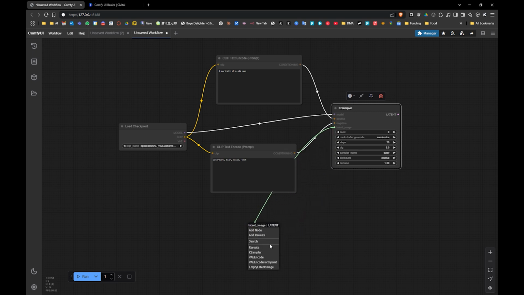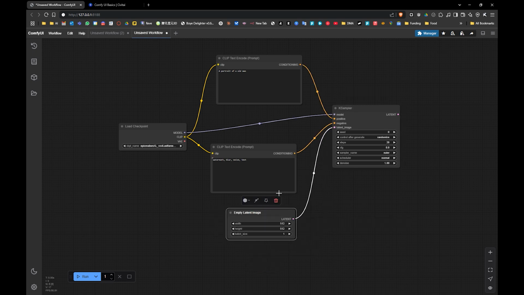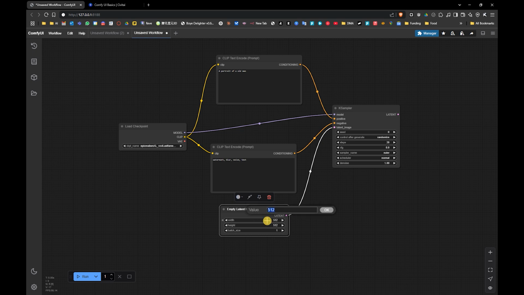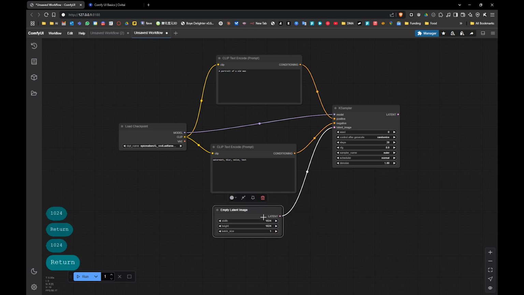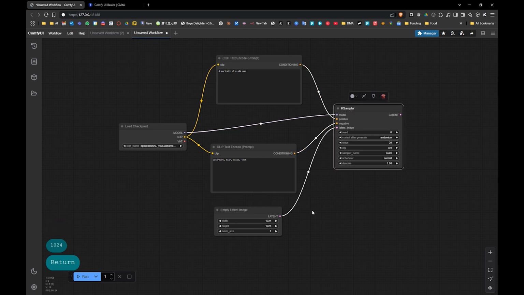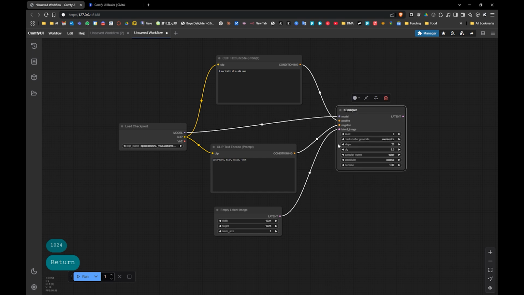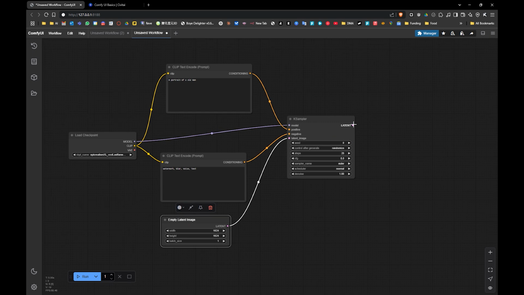A latent image is like a negative, if you're into analog photography. It's always how I like to describe it. It's an unexposed negative, so to speak. So we're putting in the resolution that corresponds to the model that we're using. As I said, Stable Diffusion XL. So it needs to be something around 1K in resolution. This is empty, there's nothing in it, but after the sampling, we will get